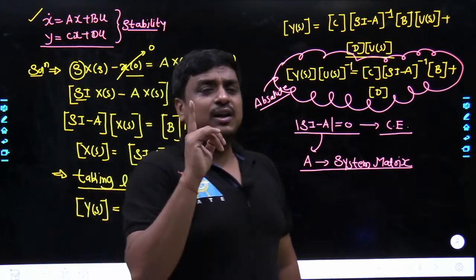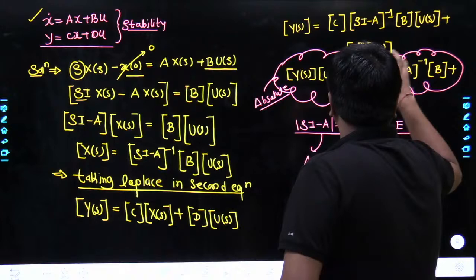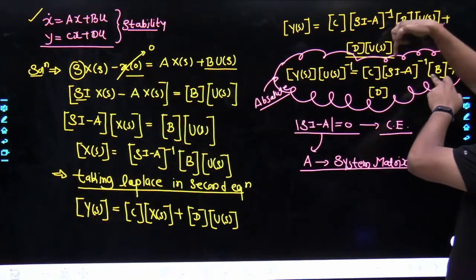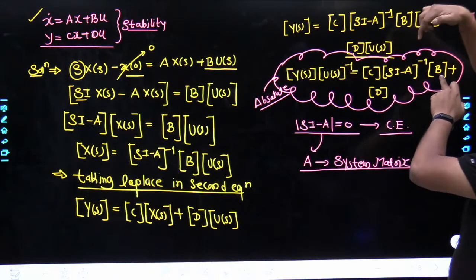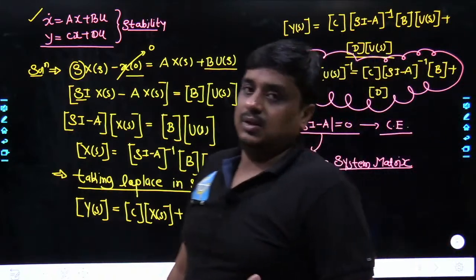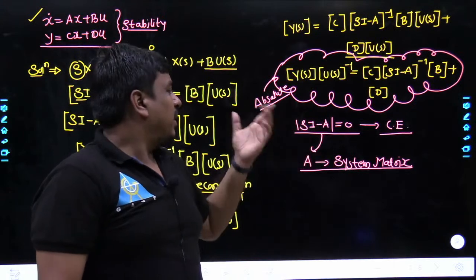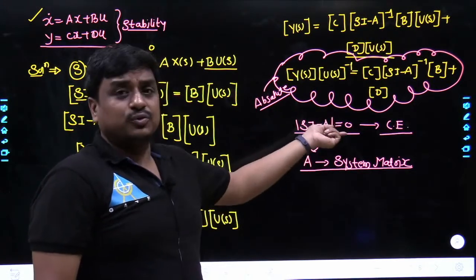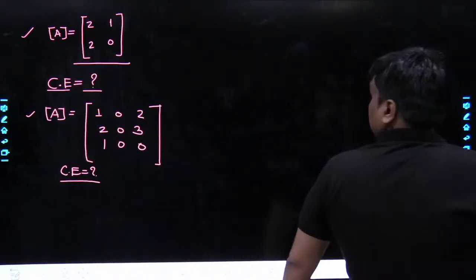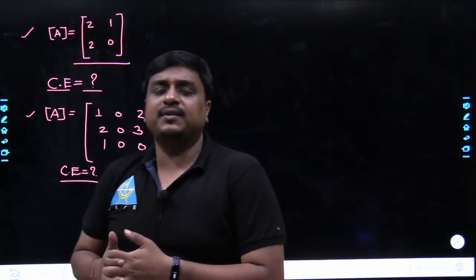But if we are really discussing the stability of the system, you need not focus over the C, sI inverse, B and D. You just have to focus over this factor. And if we take the inverse of sI minus A, it would be adjoint of sI minus A, and at the denominator it would be mod of sI minus A. Great. And if it is happening so, the stability would be solely defined by mod of sI minus A equals 0, which would become the characteristic equation in future. Agreed? End of the day, few number of problems I have given for the homework,